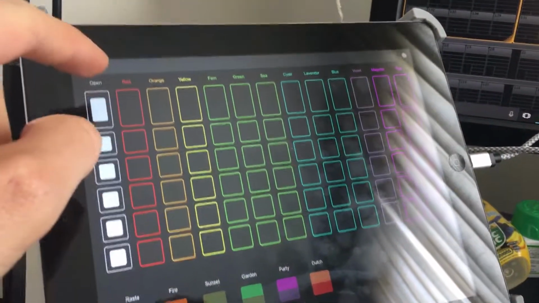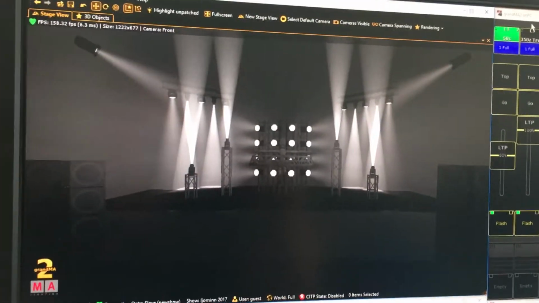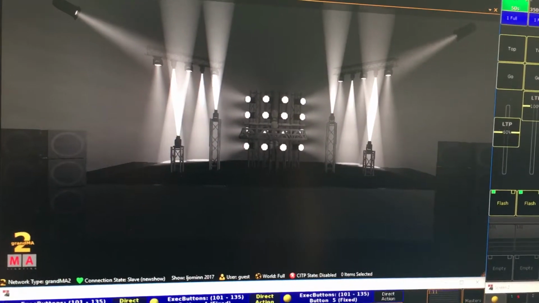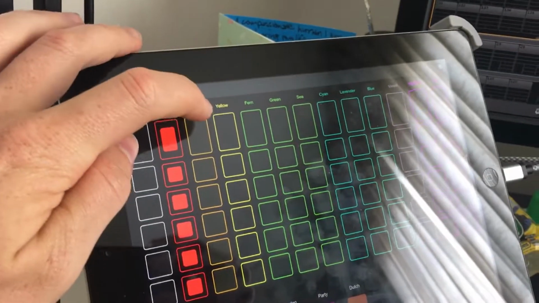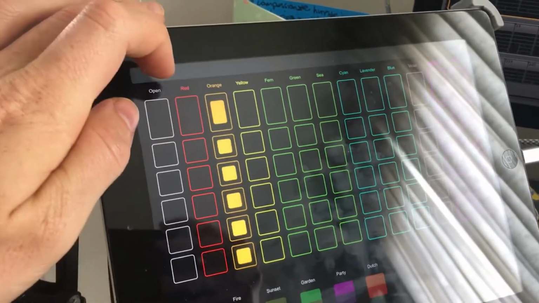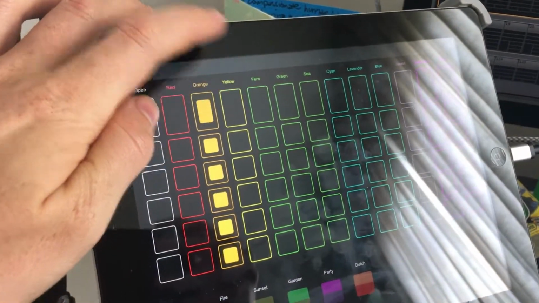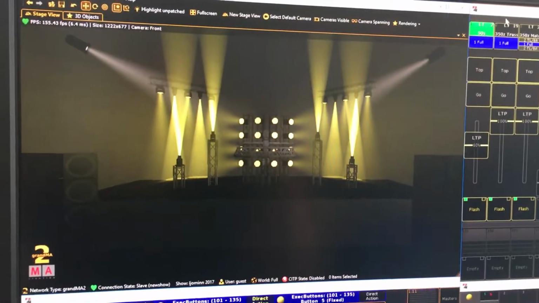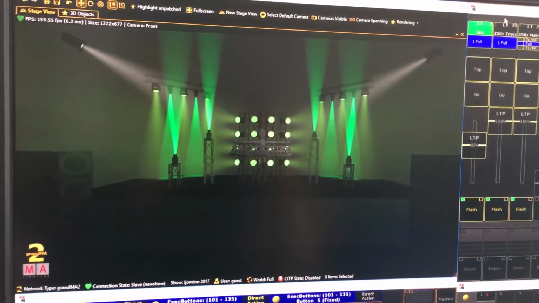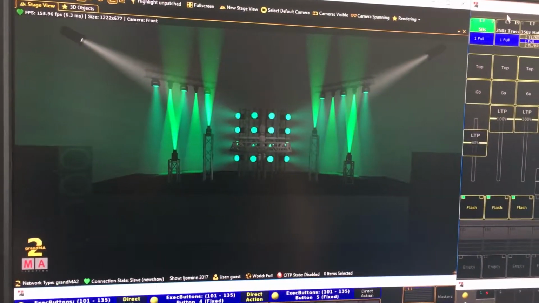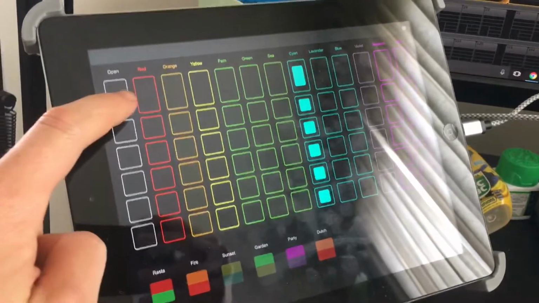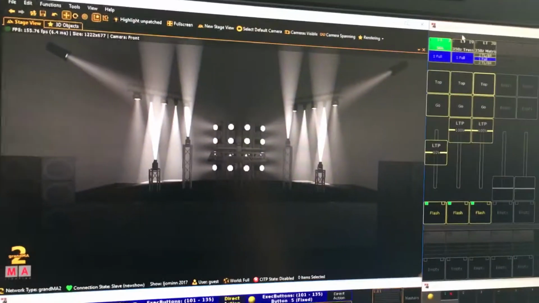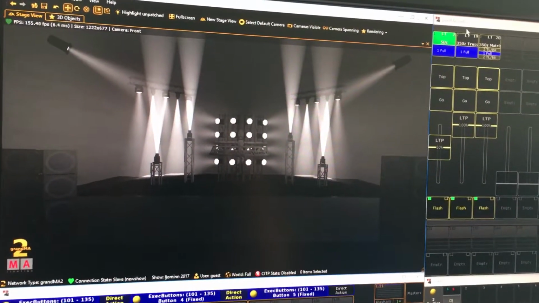So I've got this scene set up here, so if I hit the top red, it changes all of the colors to red, changes all of the colors to orange, to yellow, fern green, sea green, cyan, etc. So the idea is that you can have all of your fixtures set